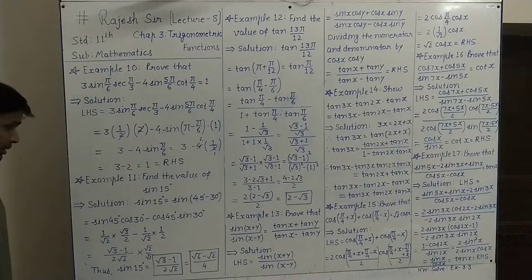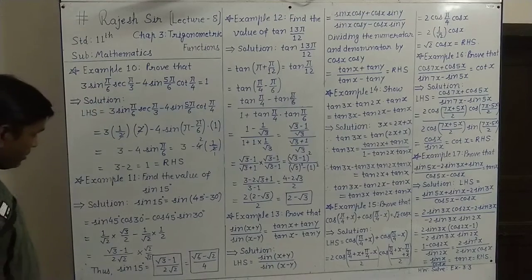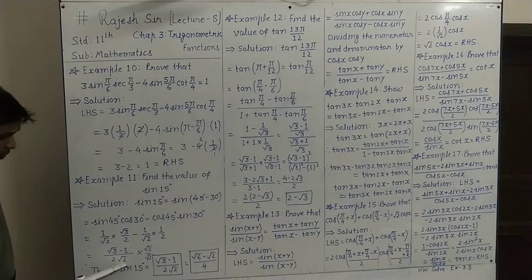But as we have seen, we are making the denominator simple; we can make it rational. This is an irrational number. To convert the denominator into a rational number, since root 2 is there, we will multiply up and down by root 2. So if you multiply root 2 up there, root 2 into root 3 will be root 6.